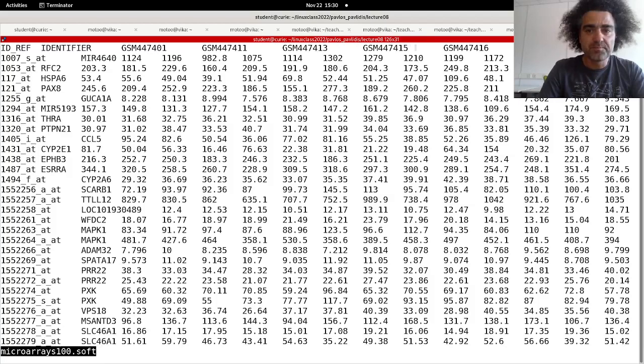Okay, if we have a look on that. So the first row is header row, and then we have recordings for all these genes, one gene on every row, and in columns we have different persons, so different patients. The first column is an identifier for the probe, so it's a probe ID used to measure expression levels, and the second column is the name of the gene. So for this MIRS 4640 we have the expression level 1124 for the first sample, and so